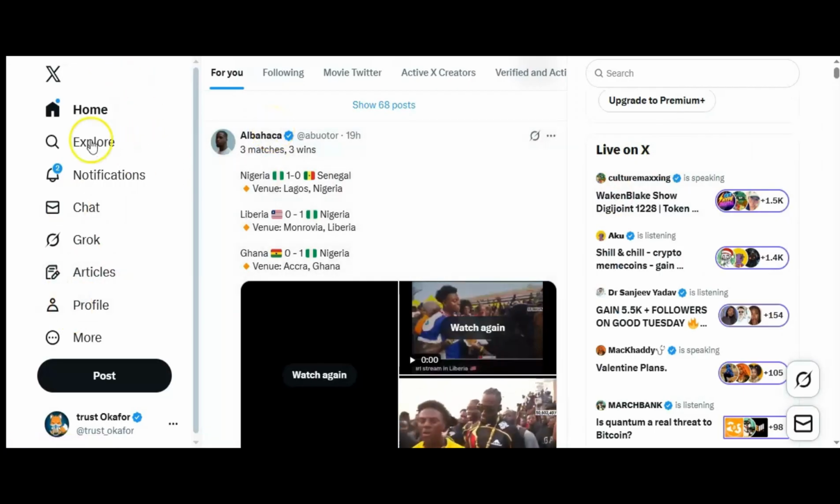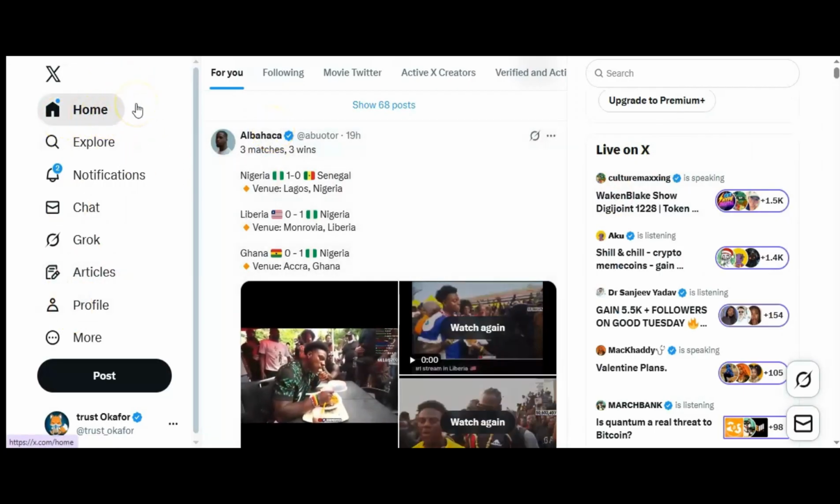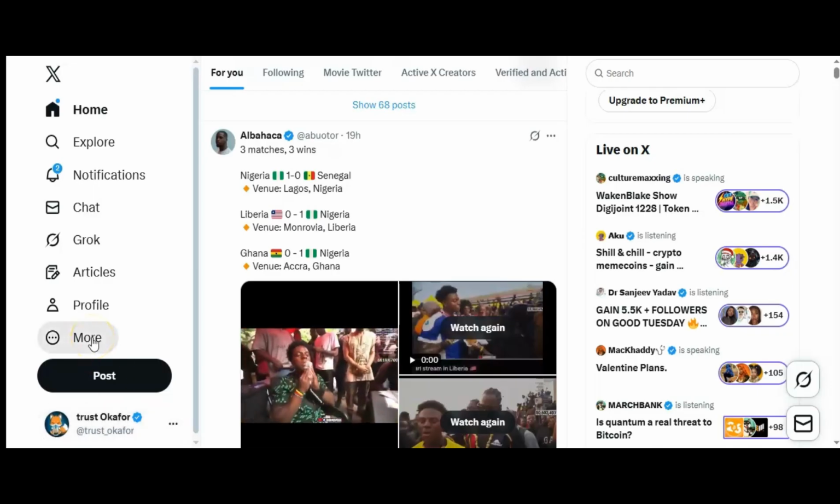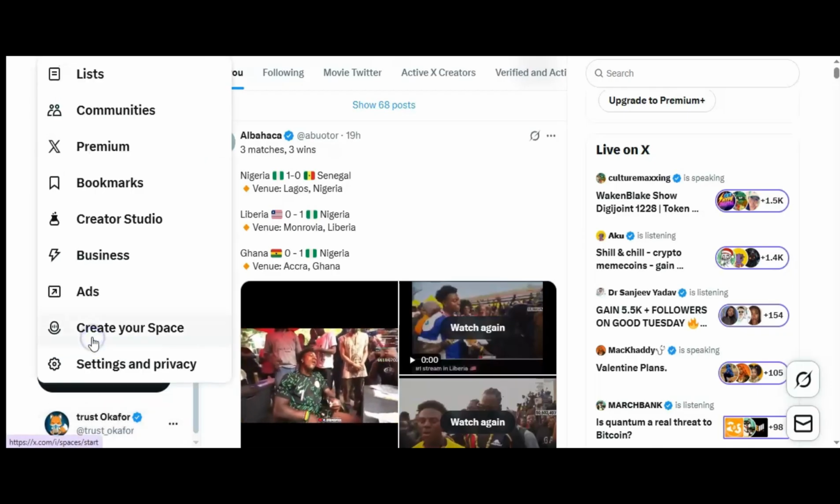Now, quick information: before you make use of a space, you need to actually have the verification badge, which I already have right here. So you need to pay for the verification badge. I already showed it in the previous video, so I don't need to show it anymore. Now, to create a space, you click on this area where it has more, and then you click on create